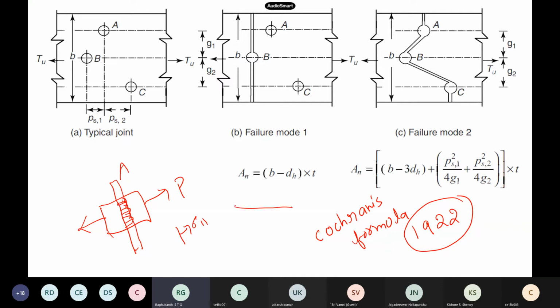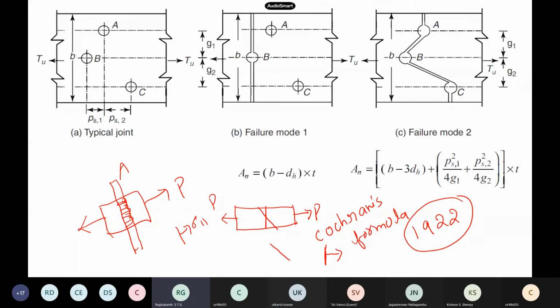But for the same problem, if I take an inclined plane, what will be the stress? What stresses will be acting on this plane if it is inclined? You have studied this in your mechanics. If the plane is rotated by 30 degrees or 40 degrees, what type of stresses will be there? If the plane is perfect like this, you have only sigma 1, only normal stress, no shear stress at all. But if the plane is inclined, shear force will also come.